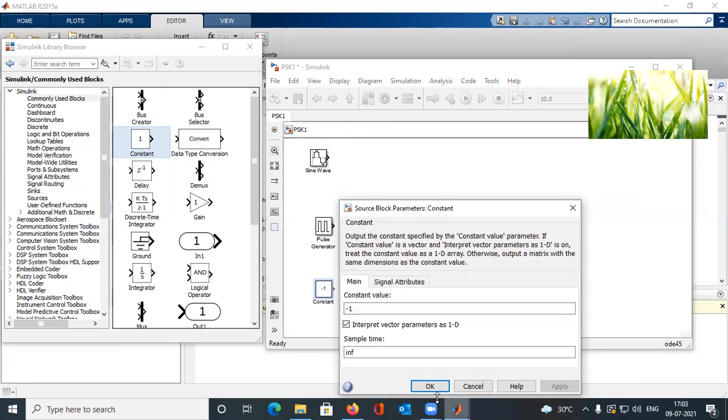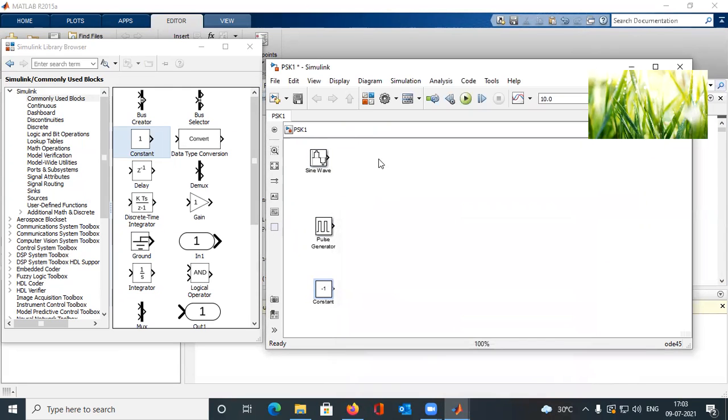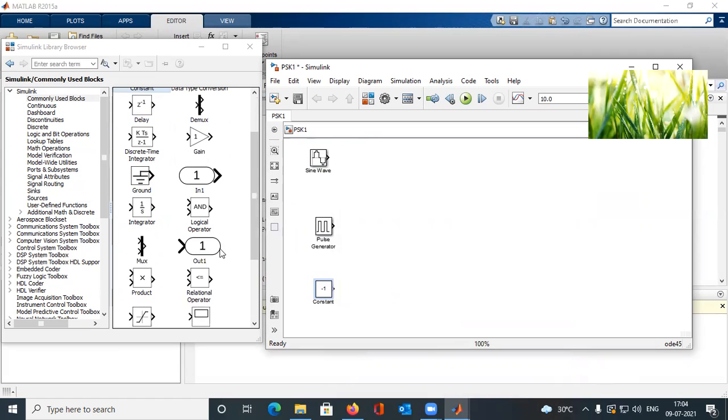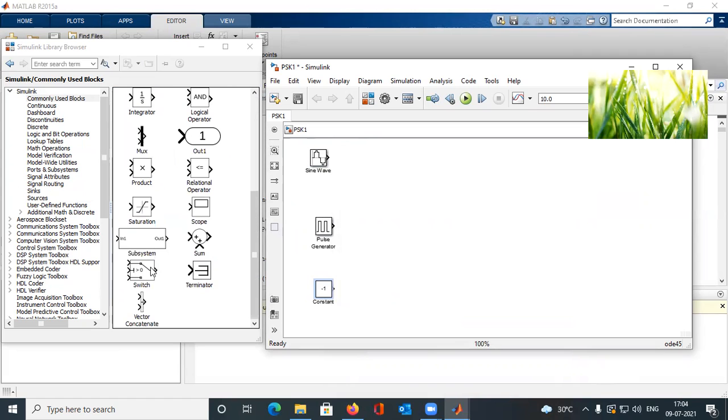Okay, apply and OK. And we need to do another thing, that for taking this negative sign, we need to do a product. So before that, we need one switch. This is my switch.